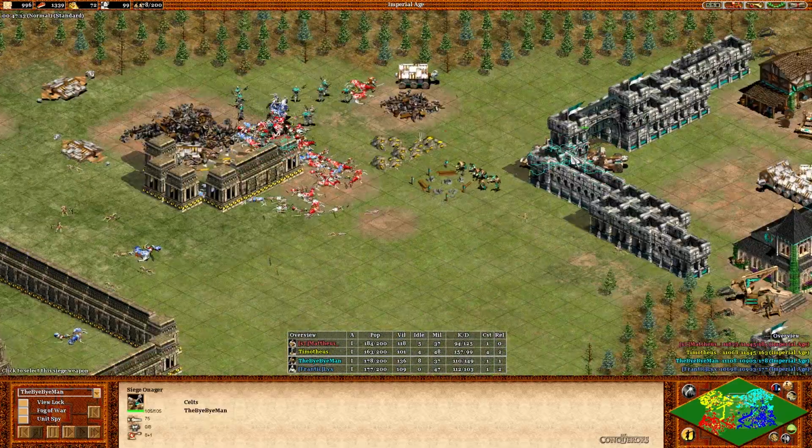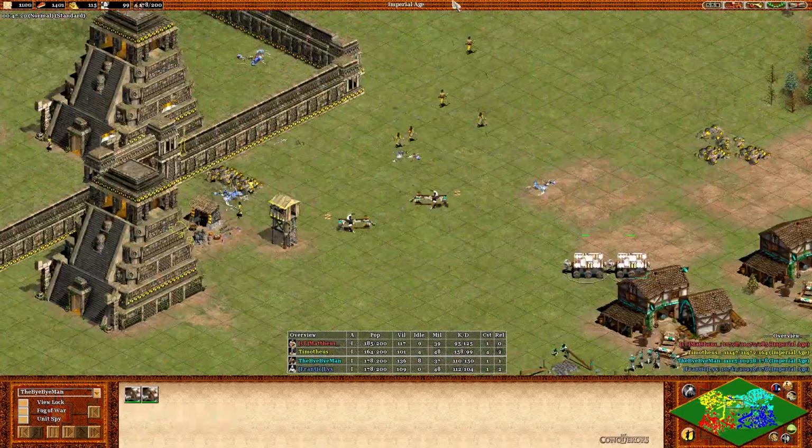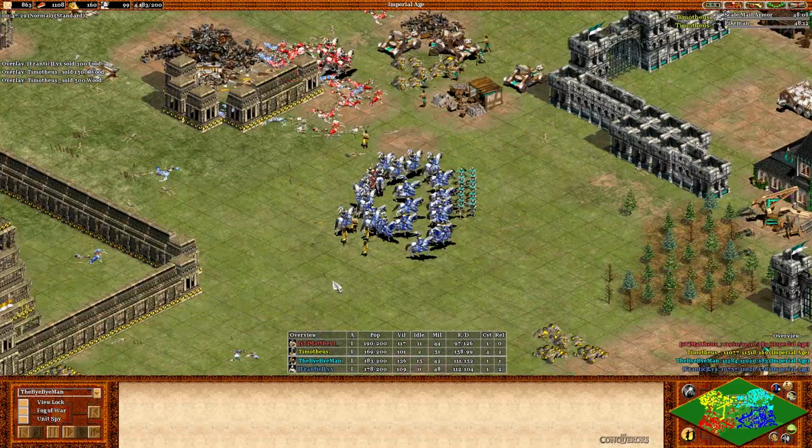As MBL finally gets control of this gold, he has some more Siege Onagers coming out at the top, and more rams coming at the bottom. These villagers are just running to their deaths into a field of Paladin. Not sure where they're going, but